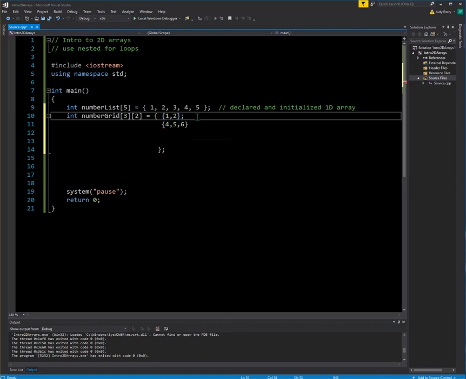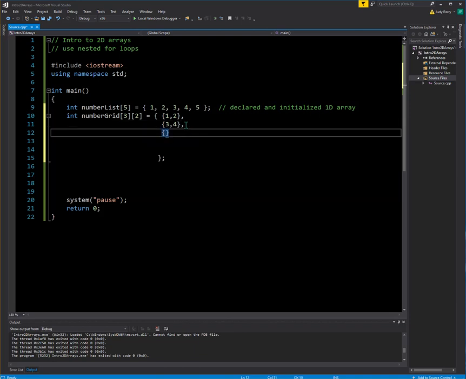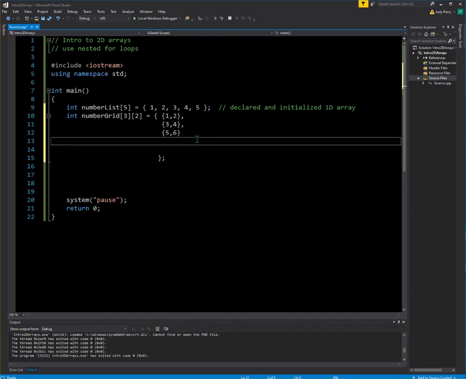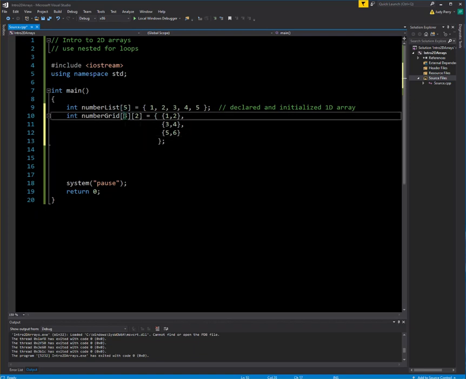So let's fix it. Not a semicolon, a comma. All right, and now my compiler is happy. Okay, 3 rows, 2 columns. 3 rows, 2 columns, and